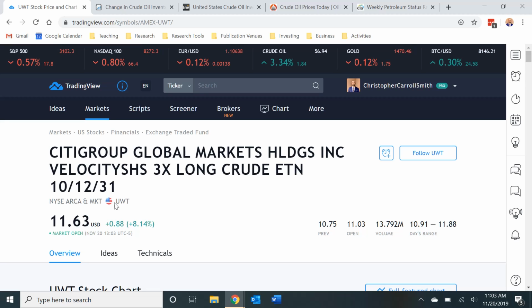All right. So if you're expecting oil to go down in price, you want to buy DWT. If you're expecting it to go up in price, you want to buy UWT. These are leveraged funds, so they're trying to get 3 times the movement. You can see here they haven't quite achieved it today. Crude oil today, the WTI price is up almost 3.5%, 3.3%. And the UWT price is up about 8.19%. So it's not quite 3 times, but still you get a lot of movement on this as the crude oil